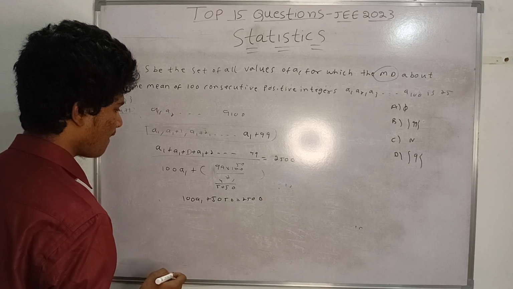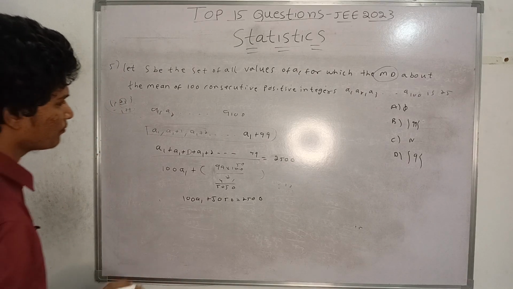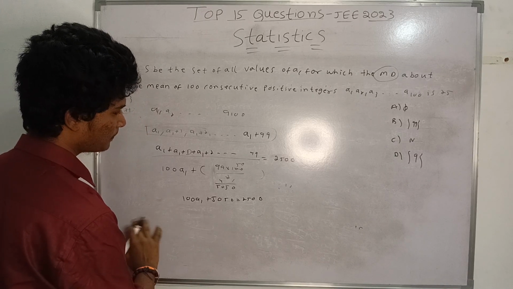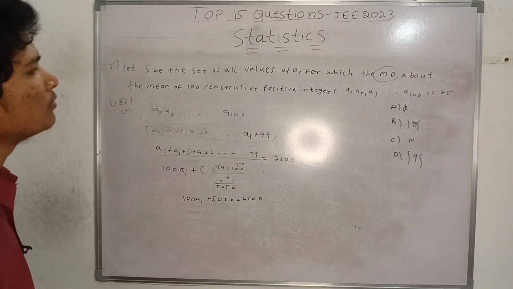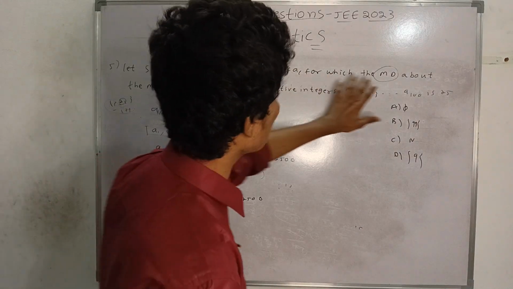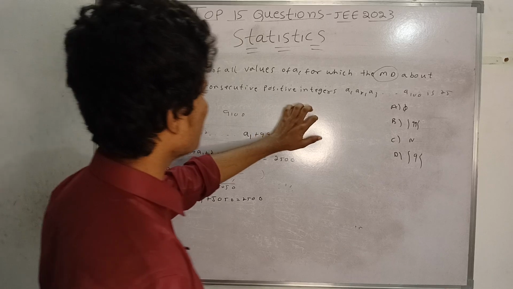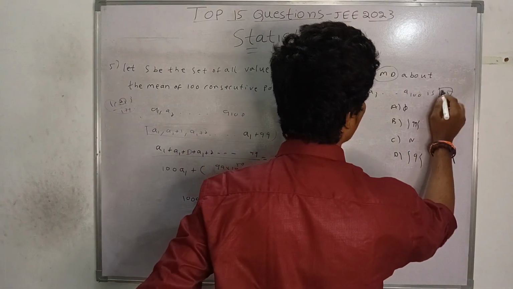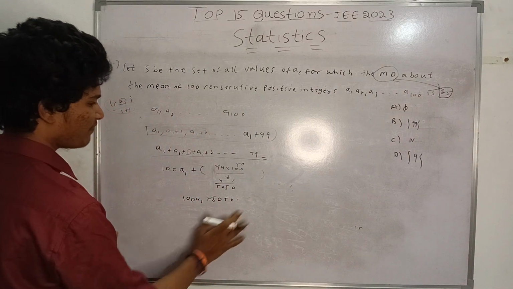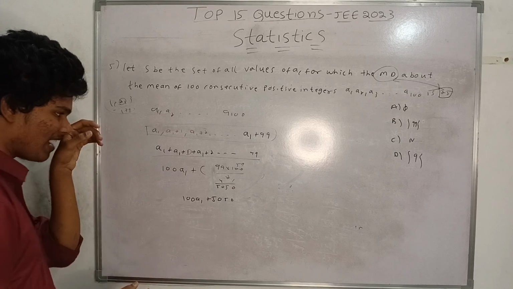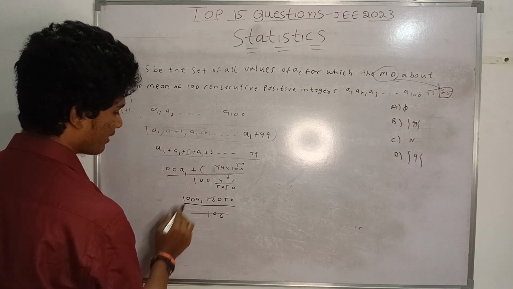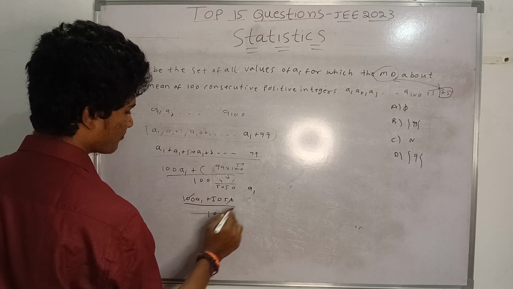And now, about the mean of, sorry, here there is a mistake, because let S be a set of all values of A for which the mean deviation about the mean of 100 consecutive numbers is the given mean deviation. The given mean deviation, not mean. So we cannot equate this. We just find this value and not equating. So basically the value is divided by 100 here, because in the previous 100 will be there. So when I cancel this, I will get A1, and here it is